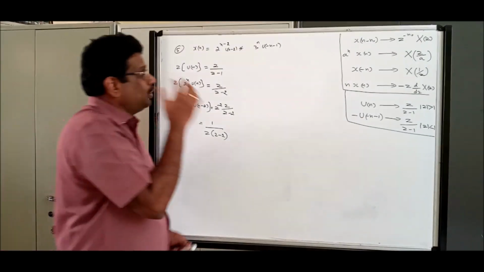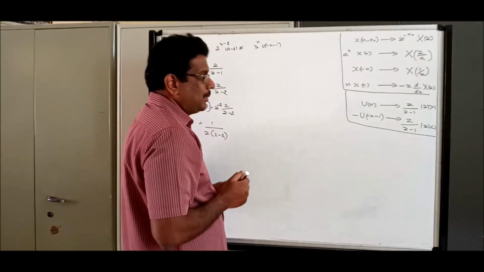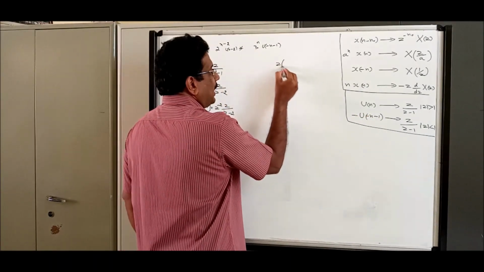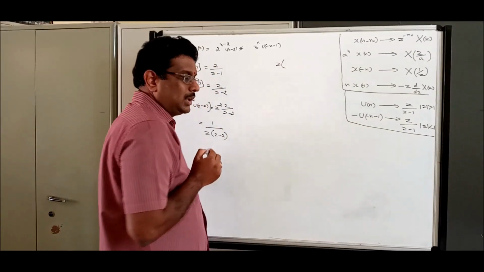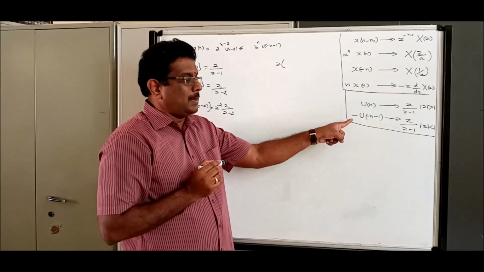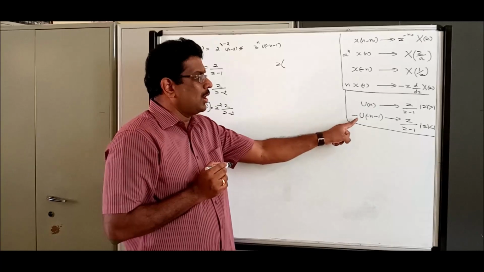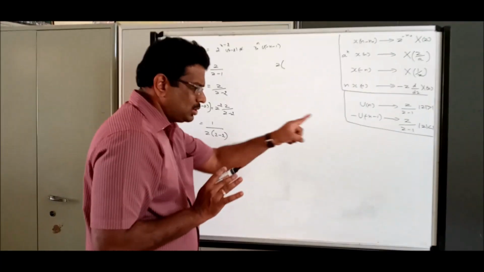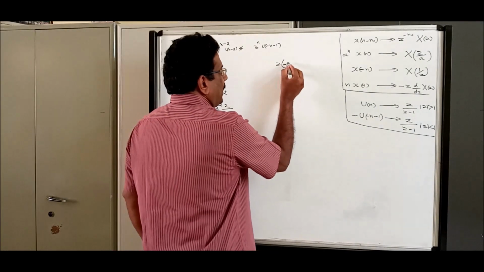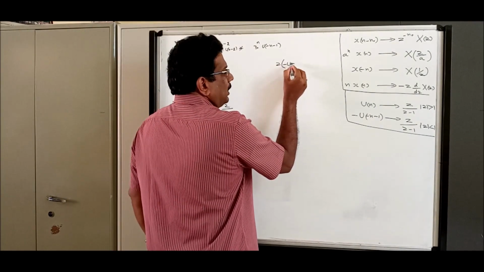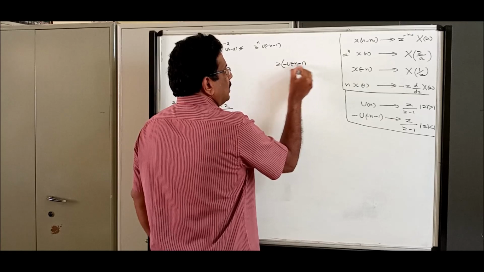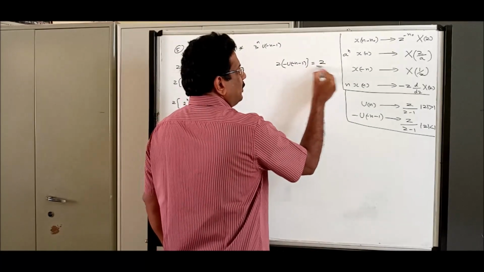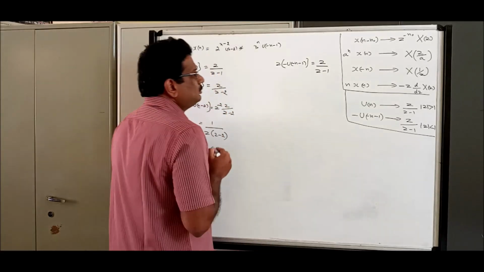Now let us try to do the answer for this portion. Please remember the basic problem is the Z transform of minus u of minus n minus 1. But I don't have minus n, that doesn't matter. You start from the basic problem. Minus u of minus n minus 1. As per my known answer, what is the result? Z by Z minus 1.